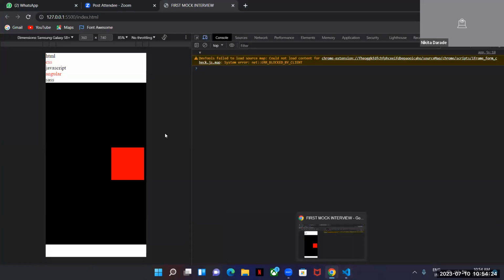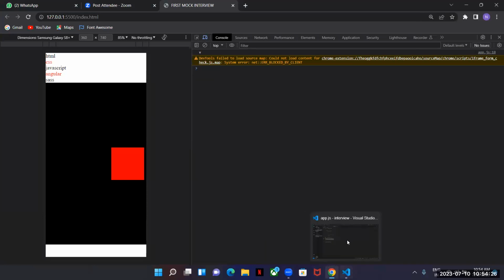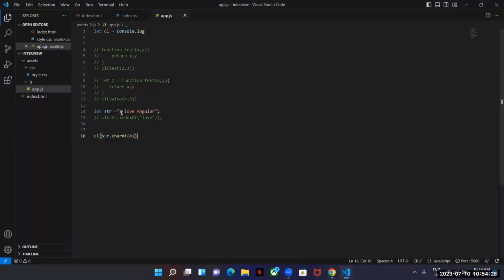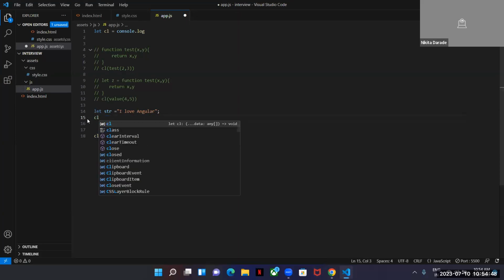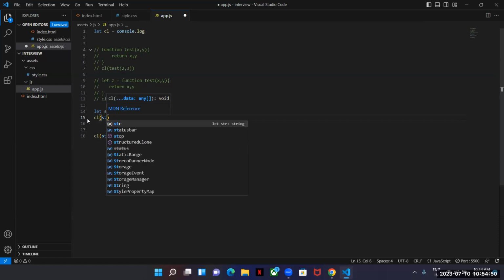Why does it print only v? The index number of v is 4. Then can I explain indexOf?